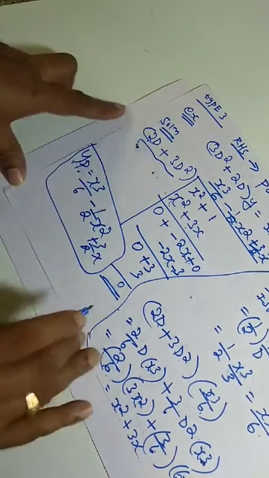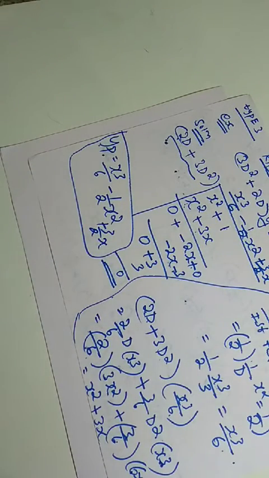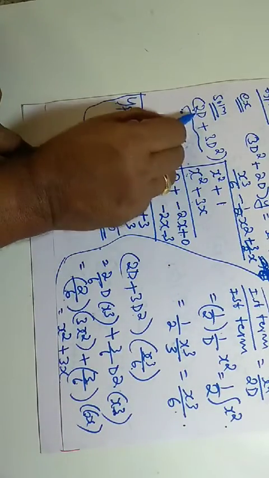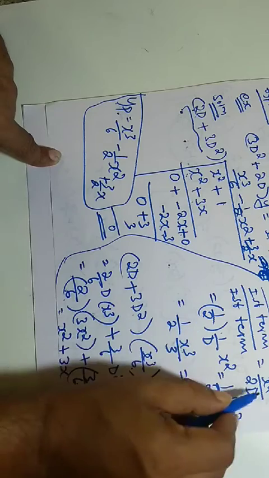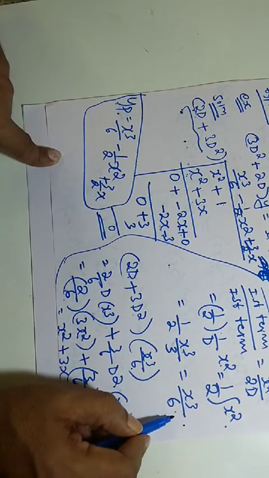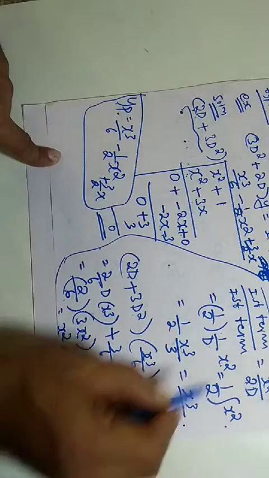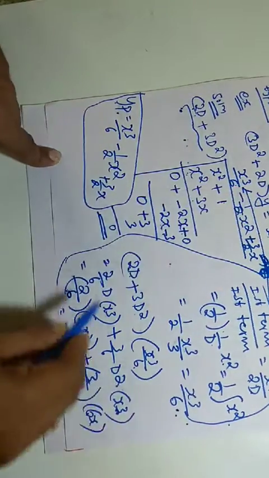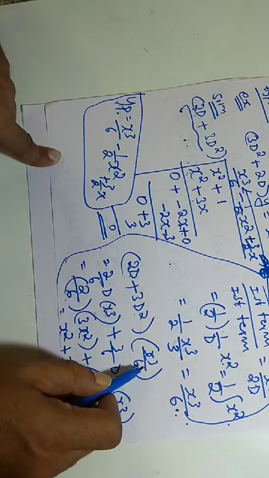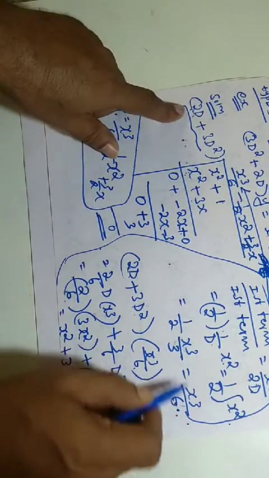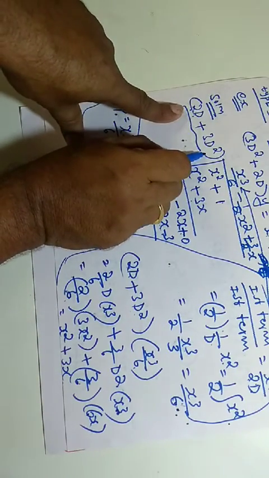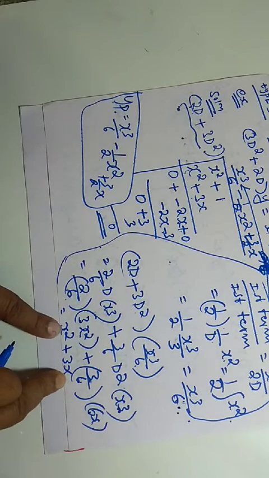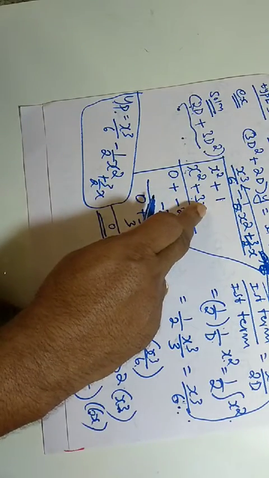So in all stages, what you are remembering is first term by first term. What is the first term here? x squared. What is the first term? 2D. Divide by 2D, take integral, you are getting x cubed by 6. The result you got, x cubed by 6, I have written here. Next, 2D plus 3D squared: this x cubed by 6 should be multiplied to 2D plus 3D squared. When you multiply, you are getting x squared plus 3x. That answer you are writing here, x squared plus 3x.